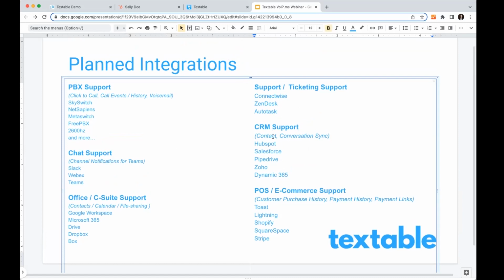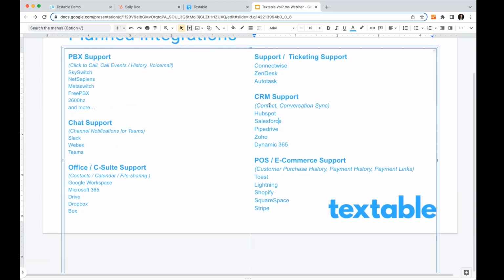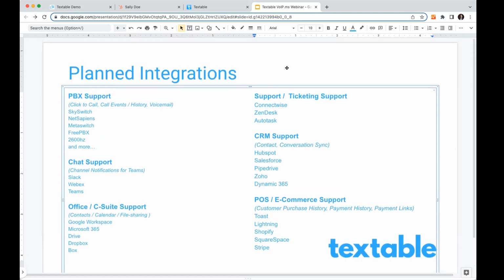Again, some of the CRMs that we're looking at, HubSpot, again, is done. Pipedrive, pretty far along. Zoho and Salesforce are moving along as well. Not quite live yet. And then this is a new category that we don't have anything moving in yet, but is really where we're going to be looking next: Toast, a really popular point of sale for brick and mortar retail and hospitality restaurant businesses. Lightspeed, sort of similar, and then Shopify, Squarespace, and Stripe for that e-commerce world.